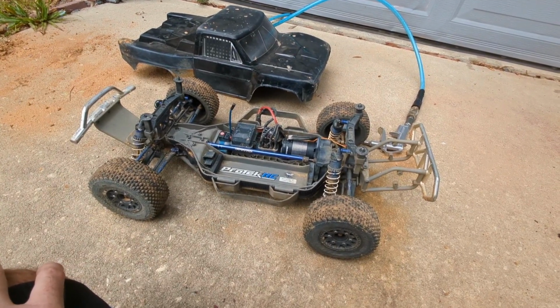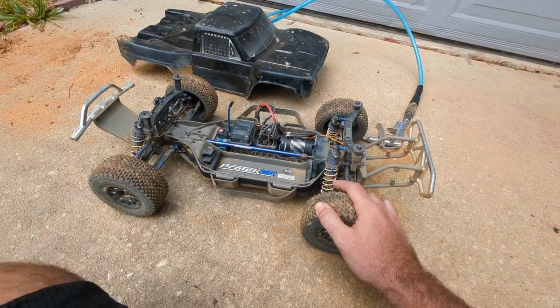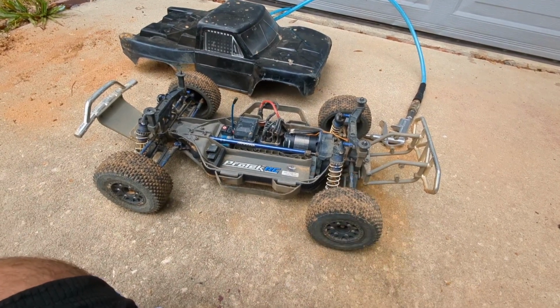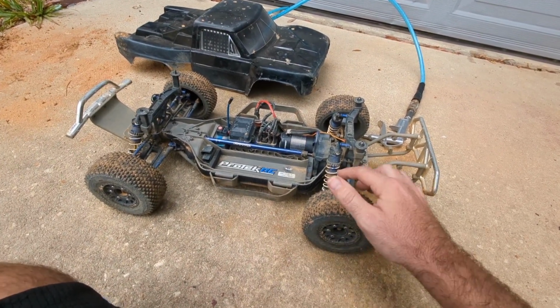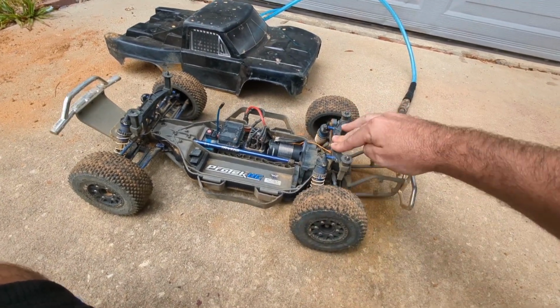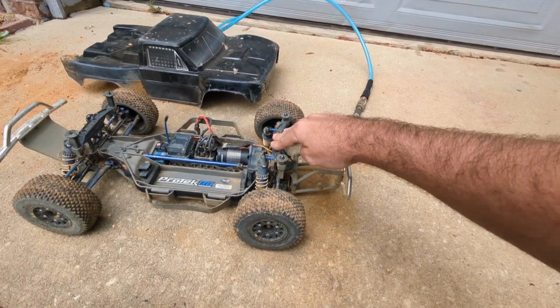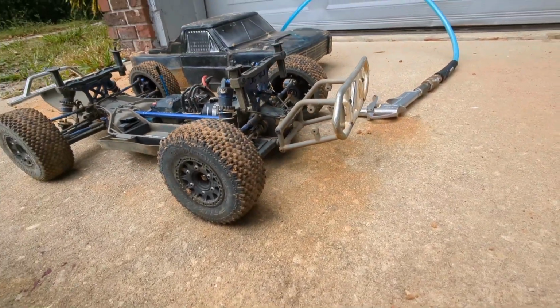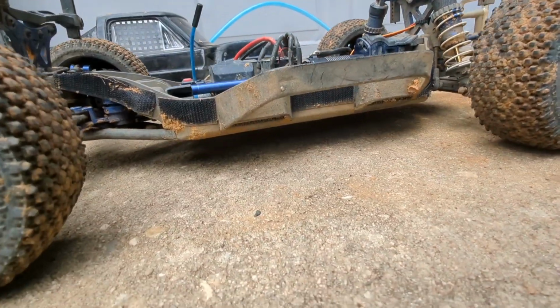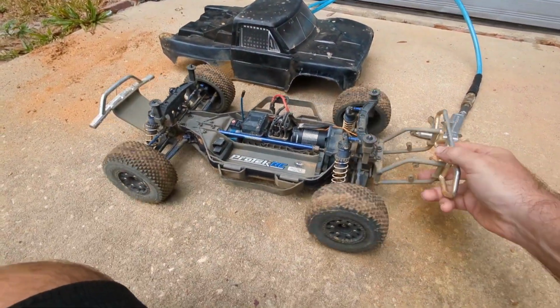The next thing that I'd say is these GTR shocks go a long way out there. What I'm running right now is the blue springs in the rear. These are the heaviest ones Traxxas makes. I'm pushing pretty hard on this, and I've got the car pretty low. I'm gonna raise it a little bit because we've got a big jump out there, but essentially what you do